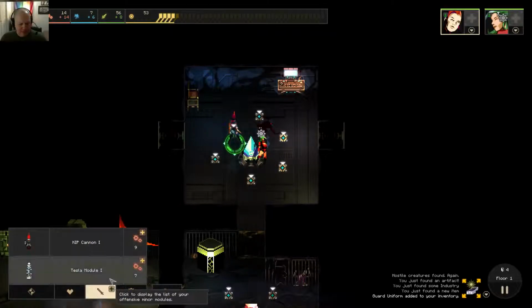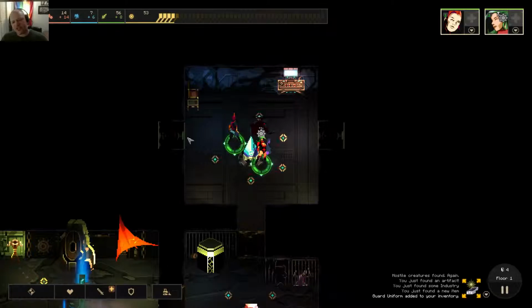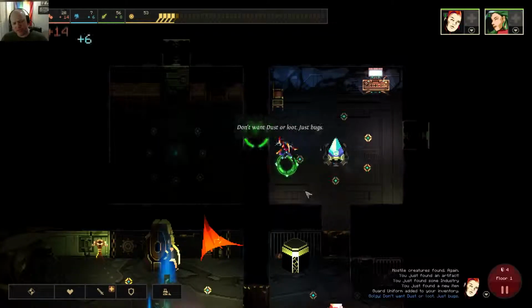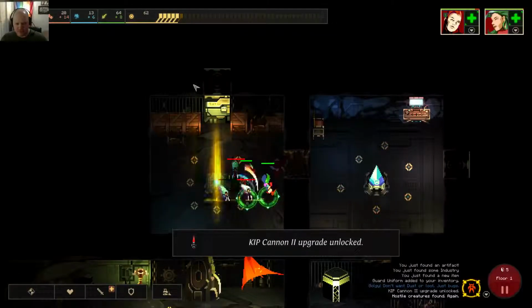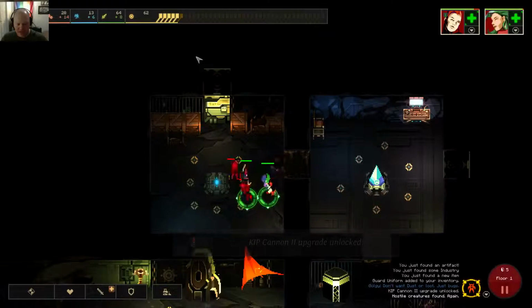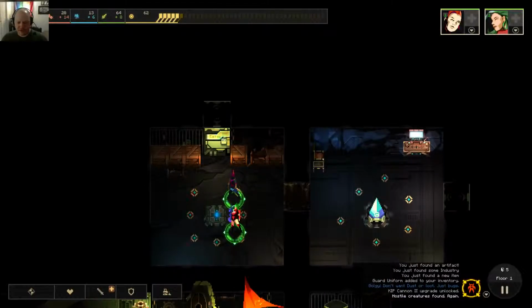So we have Tesla module and Kip Cannon, which is kind of a shame. At least on the earlier sections, the prisoner prod is such a low investment that it kind of is inconsequential on these earlier floors. I mean, with just 2 modules, I've already got myself up to 14 generation per room, so...